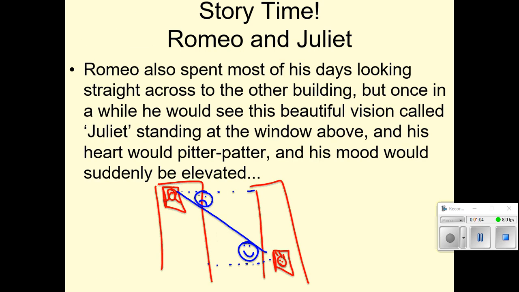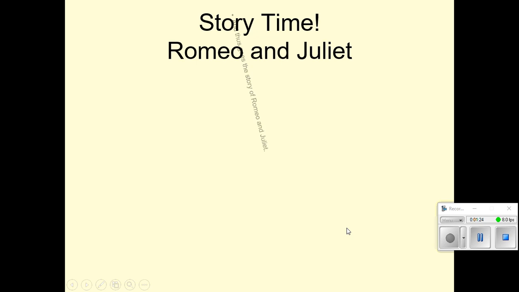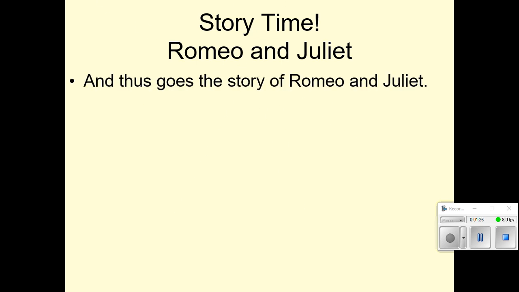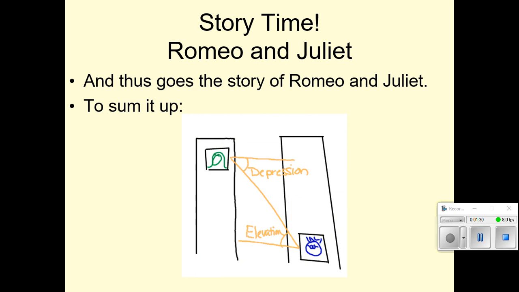Romeo also spent most days looking straight across to the other building, but once in a while he would see this beautiful vision called Juliet standing at the window above, and his heart would pitter-patter, and his mood would suddenly be elevated. And thus goes the story of Romeo and Juliet. To sum it up,